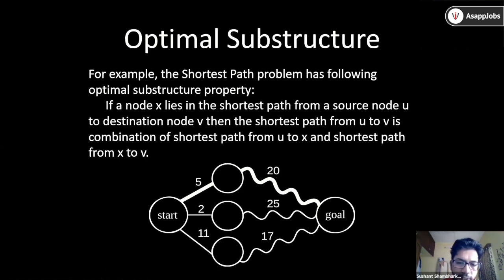So here you can see there are three paths. One has a length 5, and then you can calculate the shortest length from there to goal, which will be 20. We are assuming that we already got that length. Same with another node. There is a length 2 here, middle node, and then it will calculate 25 till goal. Same with this 11 node, and it will calculate 17 from that node till the goal. So you can just add all these paths. Here you will get 25 in this first node, here you will get 27, and below you will get 28. So the minimum of these will be 25, so you will select this path.